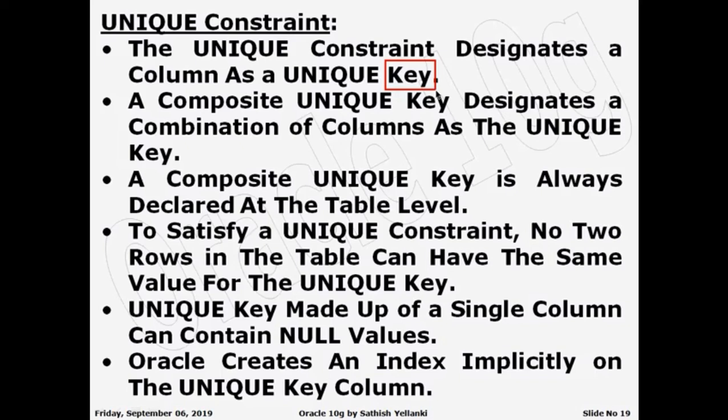Therefore, Oracle, or any database, provides a way to declare a combination of columns as unique. When you declare a combination of columns as unique, we call it composite uniqueness. Are you getting me? When we declare a combination of columns for uniqueness, we call it what? Composite. Now, whenever you declare a composite constraint, catch my words carefully. Whenever you are declaring